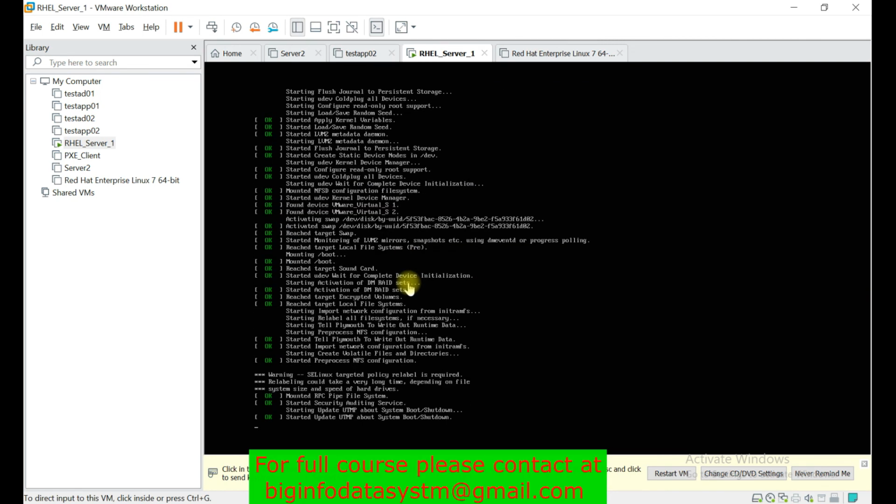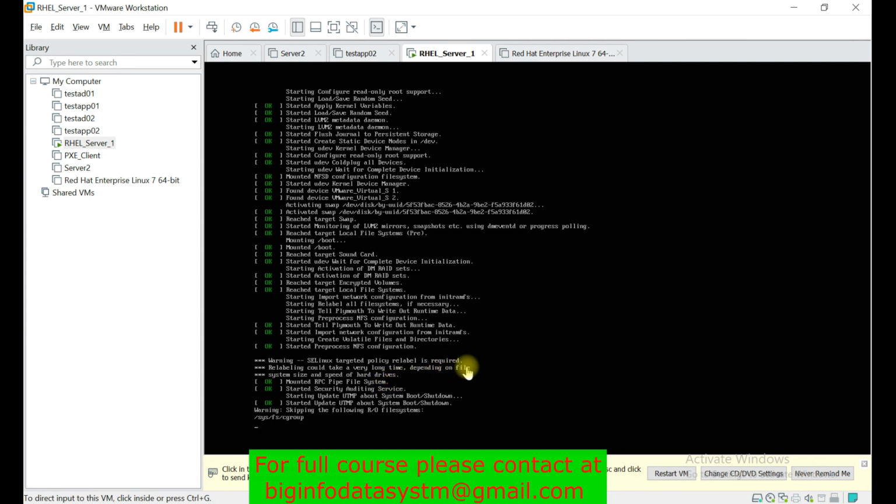Now you can see the system has started. It's doing SELinux policy relabeling, so it's going to take some time.